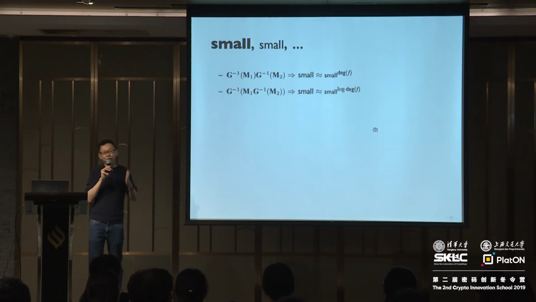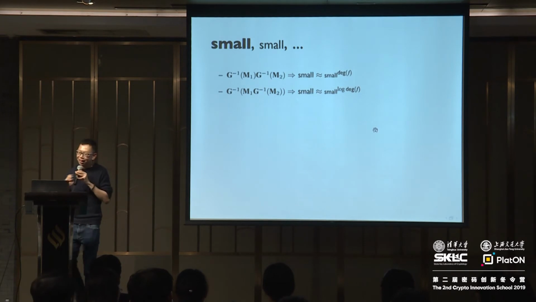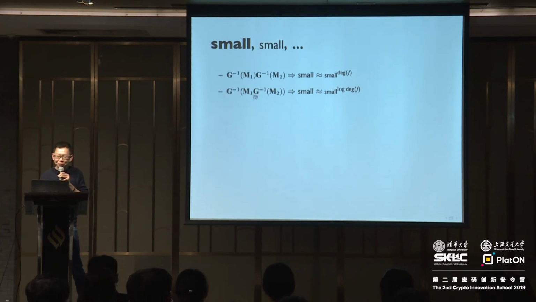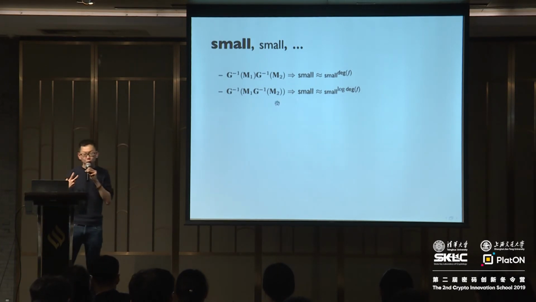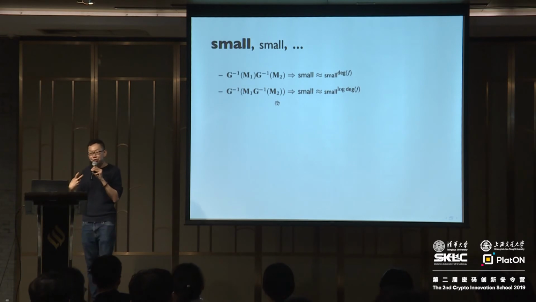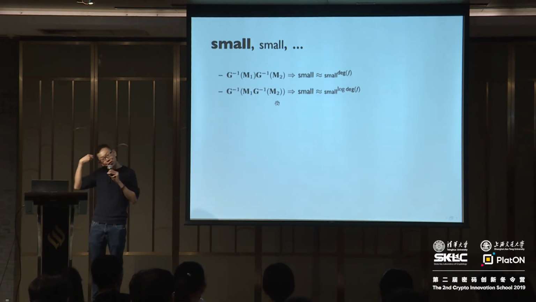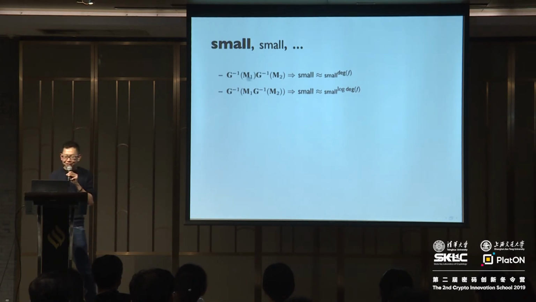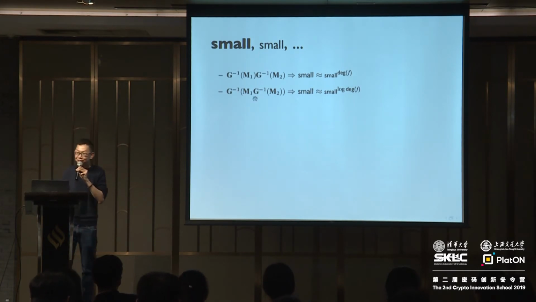Instead, you apply G inverse to M2 first, multiply it by M1, and then take the whole thing and compute G inverse on it. Okay? The thing to observe about these two equations is that if you multiply G on the left-hand side to this equation and multiply G by this equation, you actually get the same quantity, which is M1 times G inverse of M2. But the difference between the two is that this matrix may not have 0, 1 entries, but this matrix has 0, 1 entries. Right?